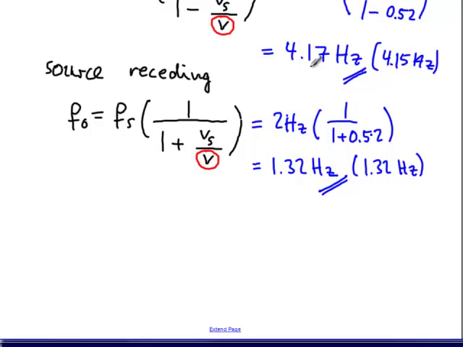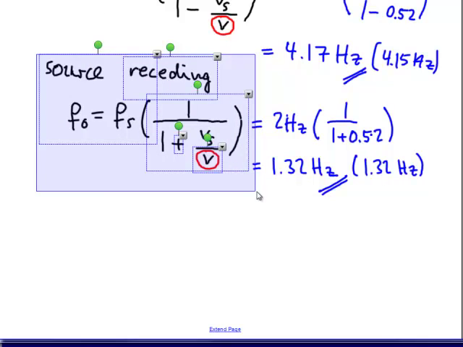And of course we saw that too, that as it's approaching, the frequency that we observe increases, and as it's receding, the frequency decreases. And then the first one that I had, the one with the supersonic speed,